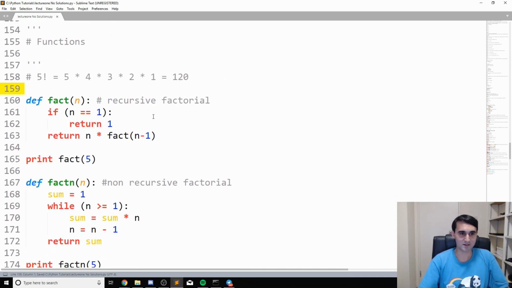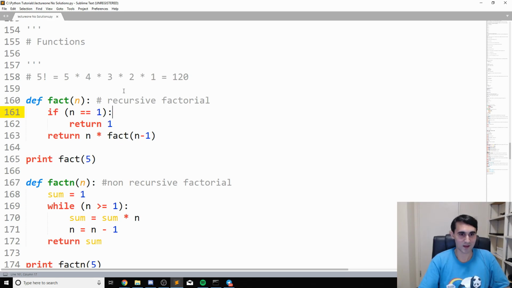And so the idea here is that you have the definition and the function name, and then you generally need the brackets, and you put your arguments in the brackets. You can have functions without arguments, and you can have functions with multiple arguments. But to keep it easy, this factorial just needs one argument, which is the number that you're trying to take the factorial of. So for example, down here I have factorial 5. That's exactly evaluating 5 factorial, which is this number. And how we're achieving that,